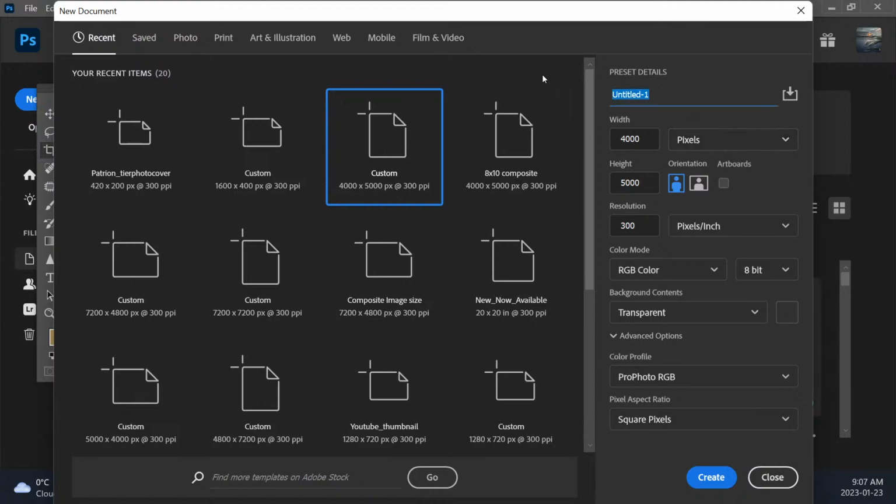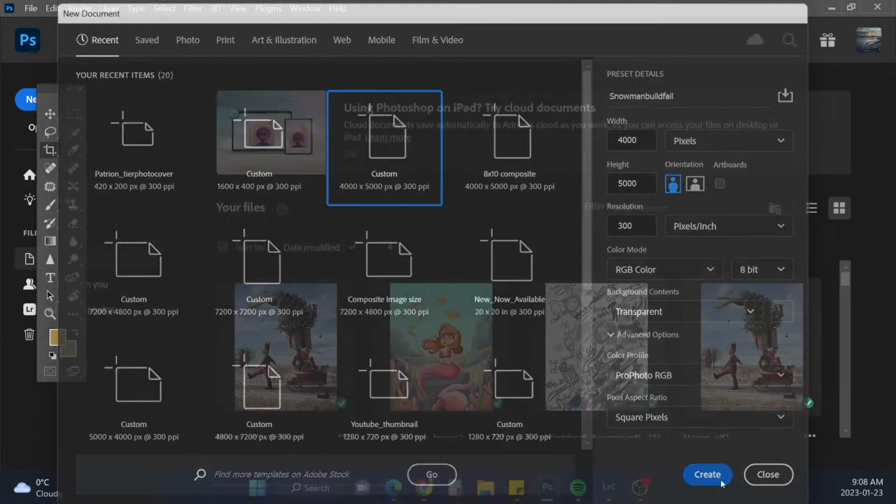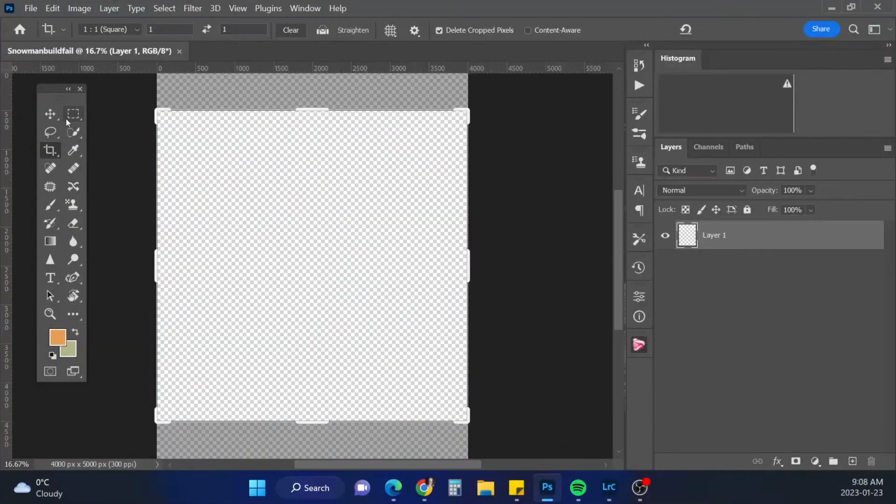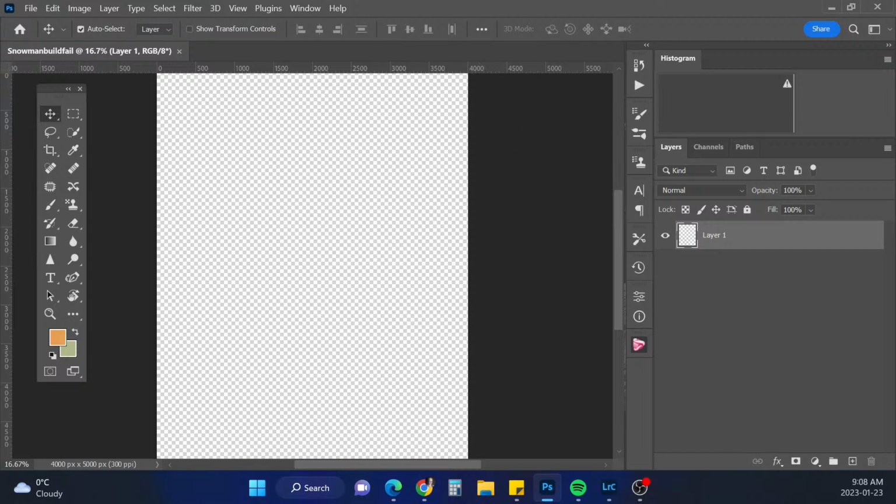And so yeah, I'm going to name this one Snowman Build, oops, except I need to spell it correctly, Fail. And yeah, we'll call it that, and then I'm going to hit create. All right, so now I need to go into my Lightroom and select all of my